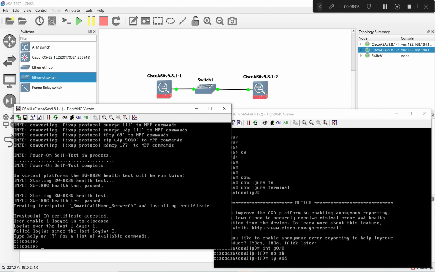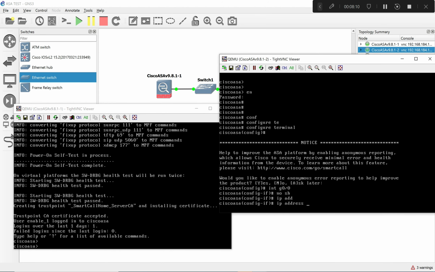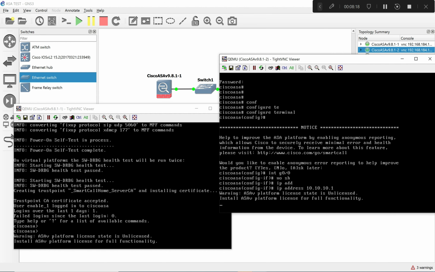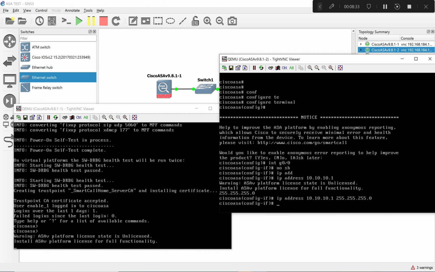So I want these two ASAs to ping each other. So IP address, for example, let me say 10.10.10.1, and then 255.255.255.0, class C subnet. Okay, class C subnet, and then if I copy this one right here,